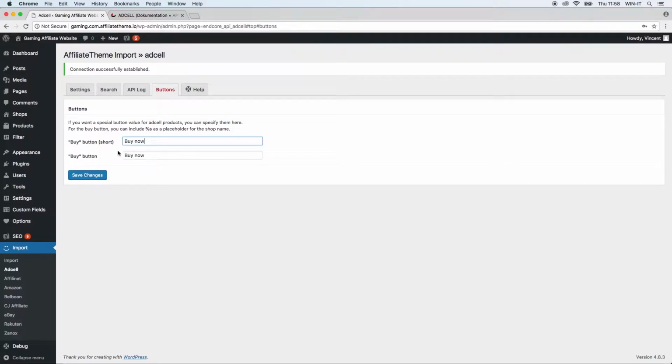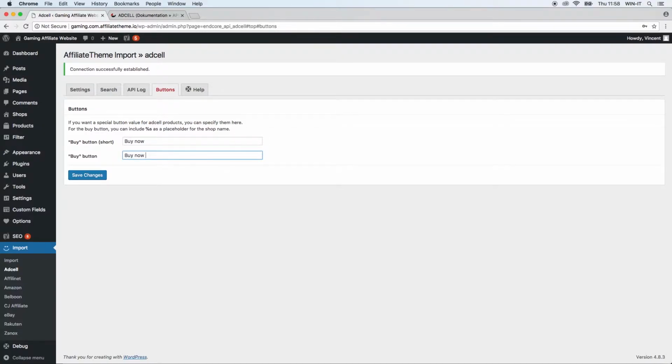So the short version is for buttons on your website where there's just a little space and only the small version will be displayed, and then you have the regular buy button that appears, for example, in a comparison table on your landing page, and you can just change it here to your needs.